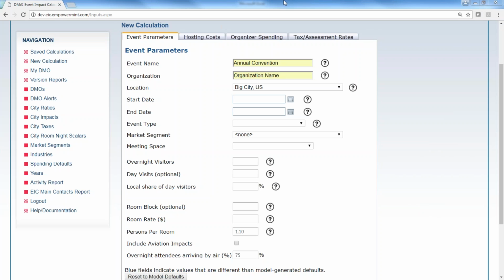Hello and welcome to an overview of the Destinations International Event Impact Calculator Meetings module. In this session, we'll talk about conducting event impacts for a business type event and a quick read-through of the results. There are three event types in the Meetings module: